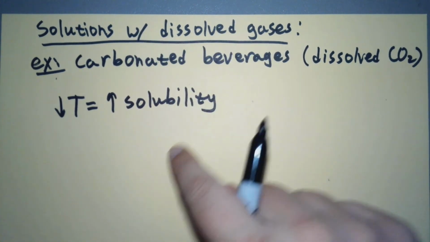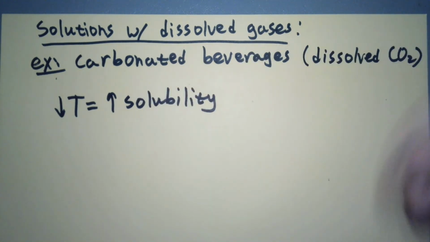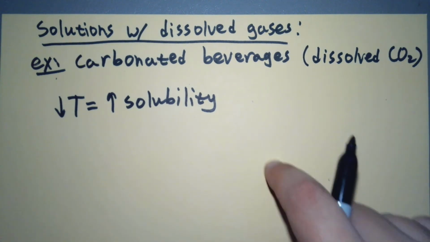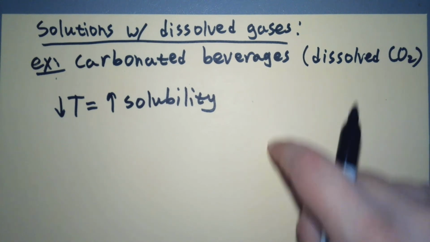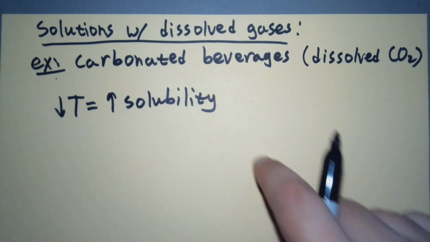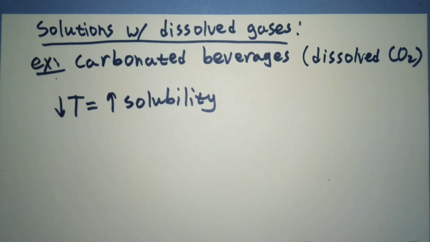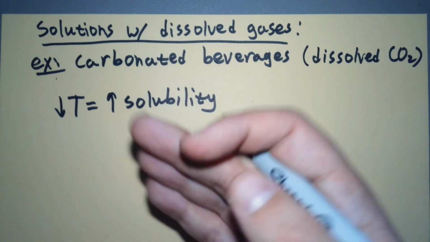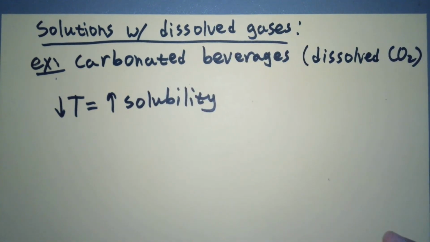And the reason is just that if the gases have more kinetic energy, they're less likely to be in the liquid. So when they get dissolved in liquid, they're going to interact with other liquid molecules, but they can rocket out of there, just like when something evaporates. If it gets enough kinetic energy, it'll leave the liquid. Same with something that's a gas, except it takes even less of a difference in kinetic energy to do that. So, we keep drinks cold to keep them carbonated. Well, you keep a solution cold, you're going to keep gases dissolved more.